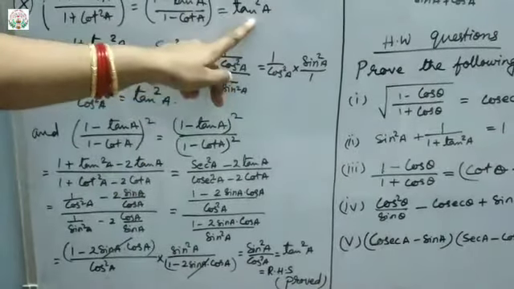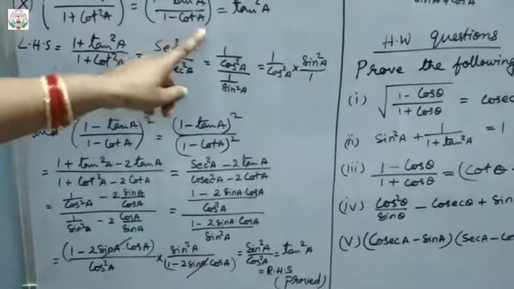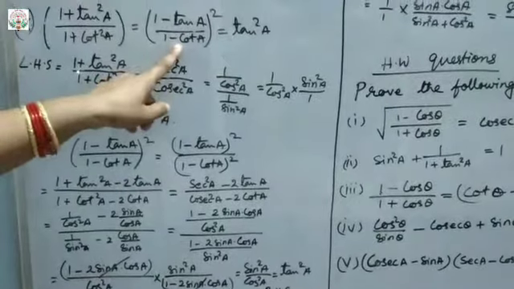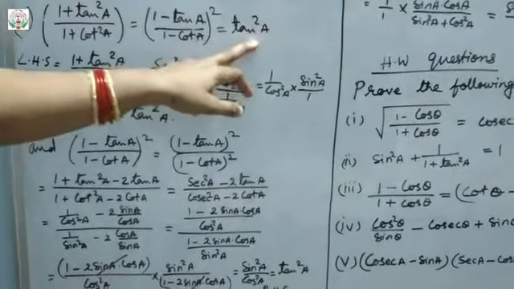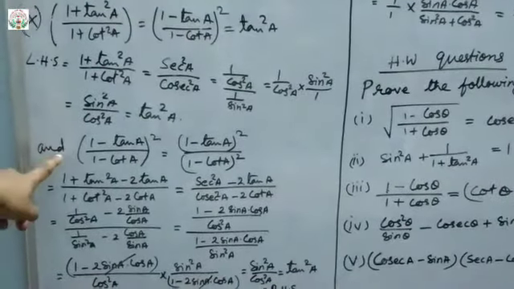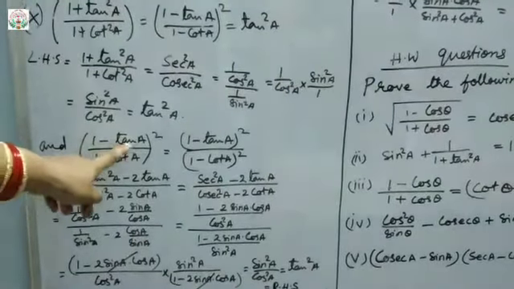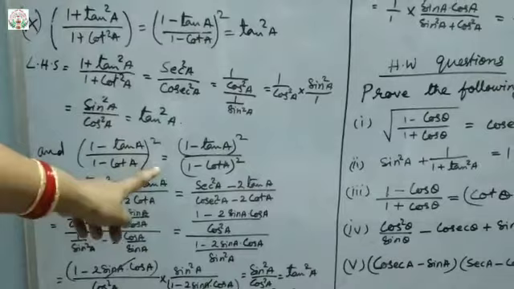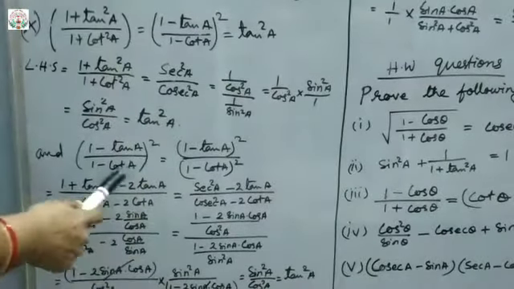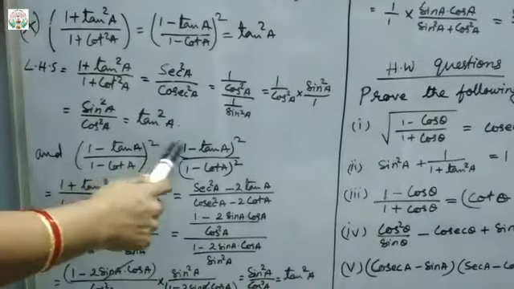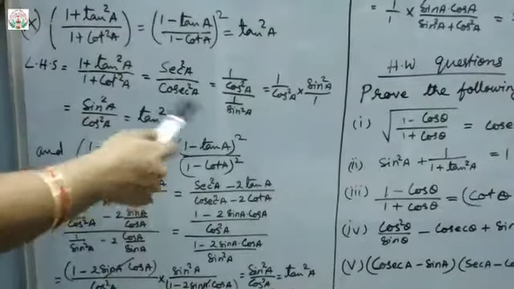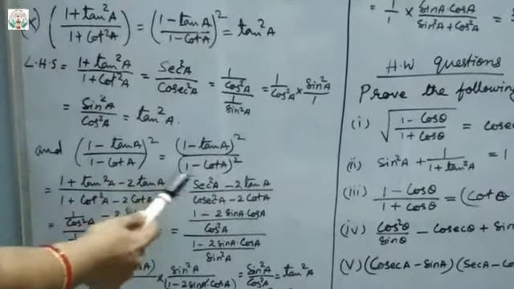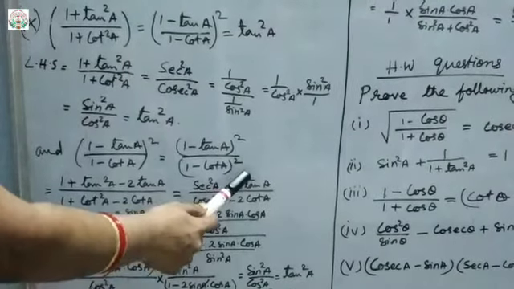Proved. RHS proved. Now another part in between you can see. Now take this as LHS. Then you have to prove this. Okay. Now take this, 1 minus tan A upon 1 minus cot A whole square, which is equal to, now individual square, do it. Whole square means each part, numerator square and denominator square, that is 1 minus tan A whole square upon 1 minus cot A whole square.